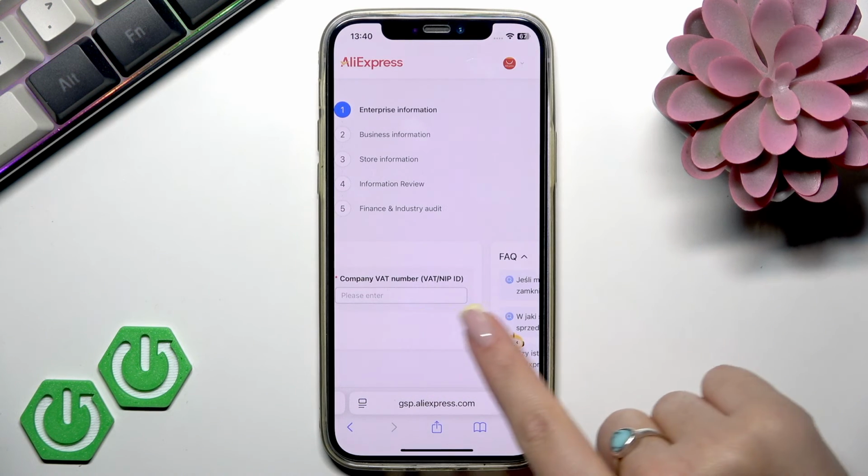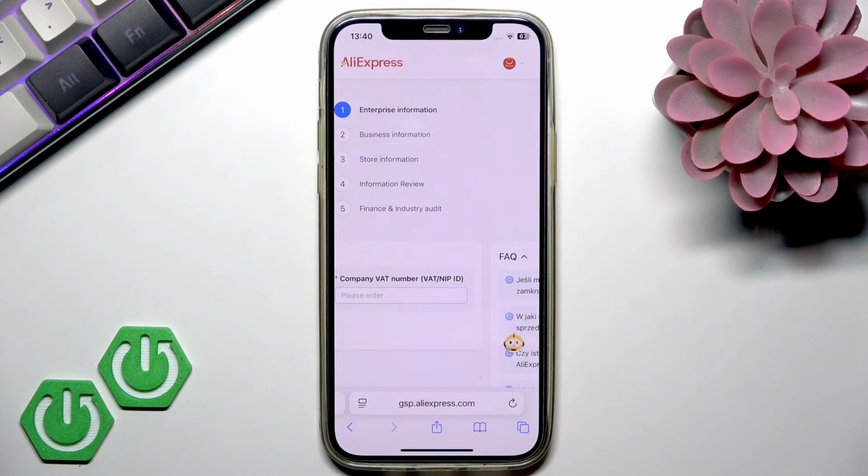This is it. So this is the page where you should submit and fill in all the enterprise, business and store information. Also, AliExpress will ask you to provide your store name, to give them a description of what you plan to sell, and possibly identification or some business documents. And once all information is submitted, AliExpress will review your application form, and this usually takes a few